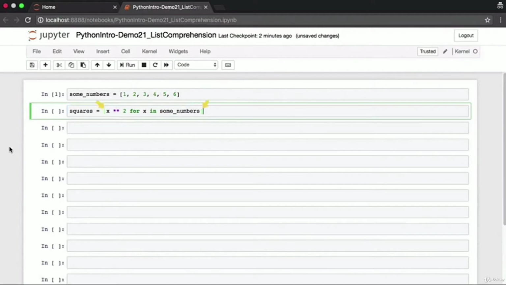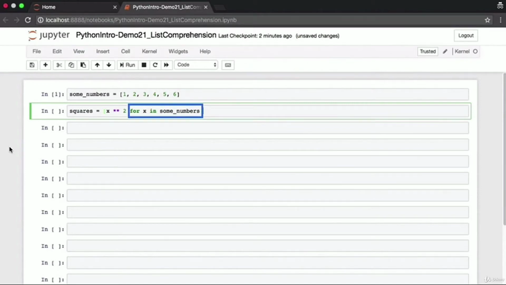List comprehension requires that you specify the expression within the square brackets of the list. The square bracket indicates that whatever elements you generate using list comprehension become part of another list, which is the result of this operation. It also helps to understand list comprehension if we read this from the right to the left. First, we want to iterate through every x in some list.